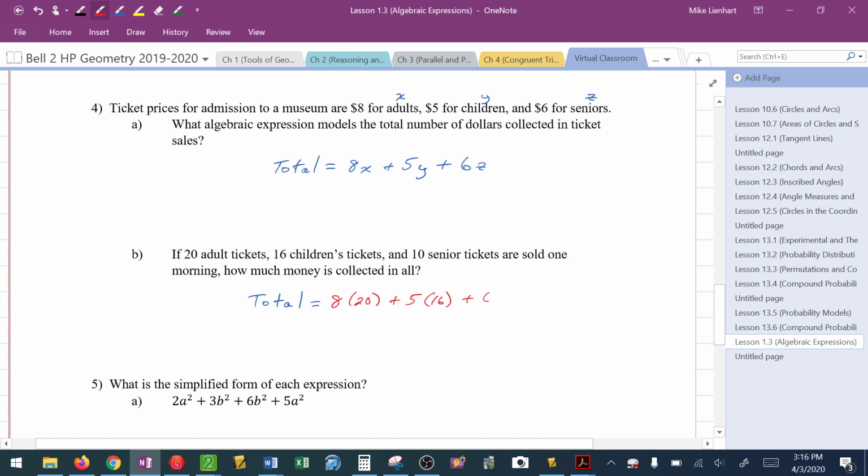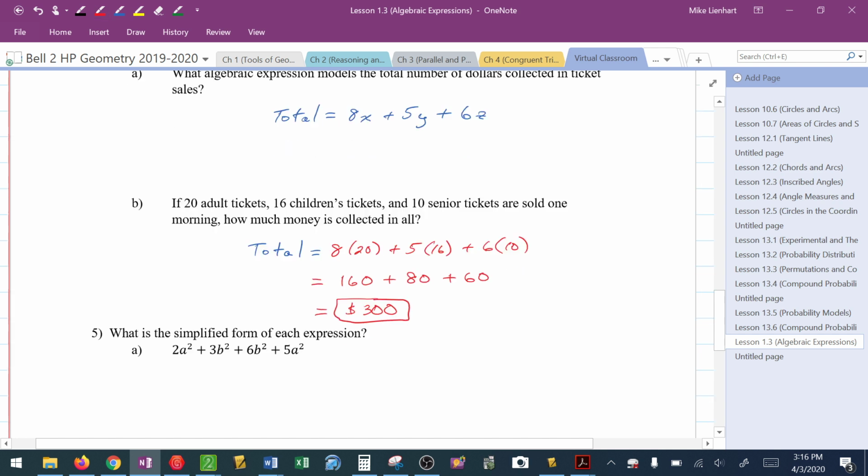And $6 for each senior ticket, and we sold 10 of them. By following the order of operations, this would be 160 plus 80 plus 60, or we would find out that we made a total of $300